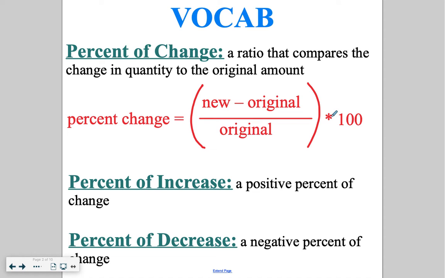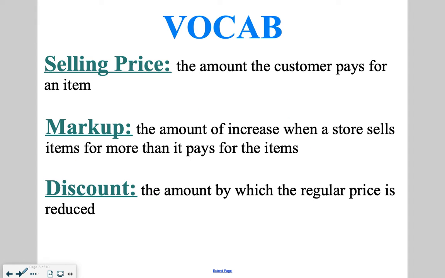If it is a positive decimal, it is going to give you a positive percent, and we call that a percent increase. If it is a negative decimal, it's going to give you a negative percent, and we call it a percent decrease. When we use these percent increases and decreases, this is very practical when we are talking about